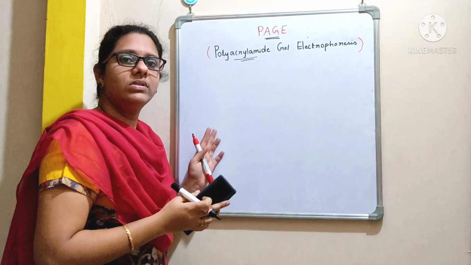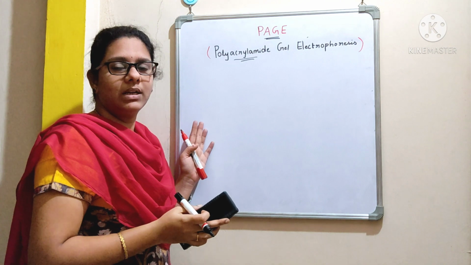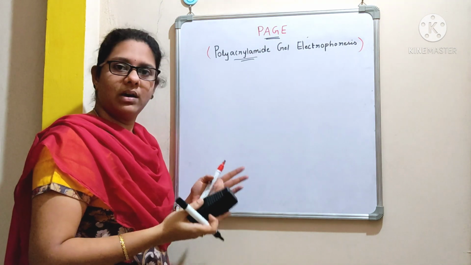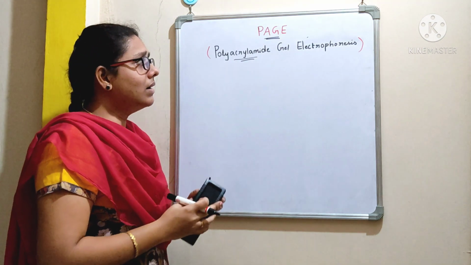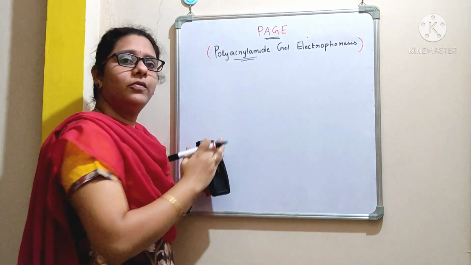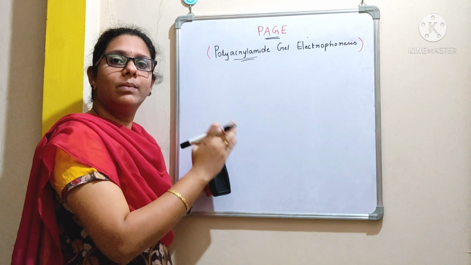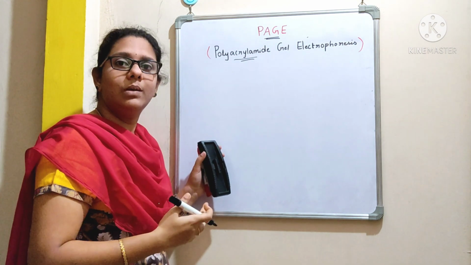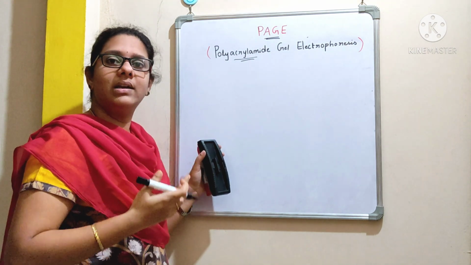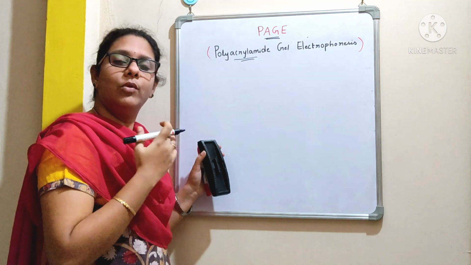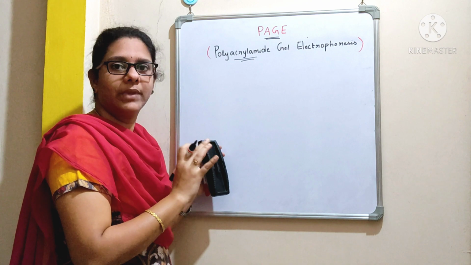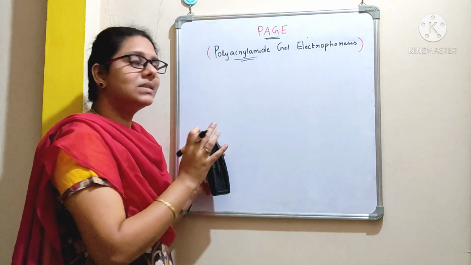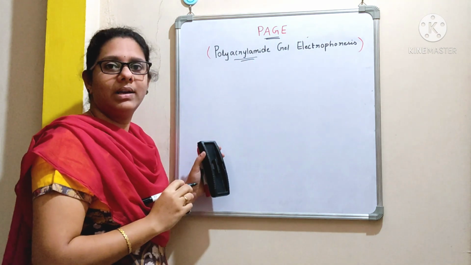To run electrophoresis, we can use different supporting materials. I told you earlier that we can use agarose, starch gels or polyacrylamide gels. And this technique of polyacrylamide gel electrophoresis is very helpful to separate and identify the proteins. Moreover, we can assess the purity of a protein using this technique. Okay, and now let's discuss what this polyacrylamide is.